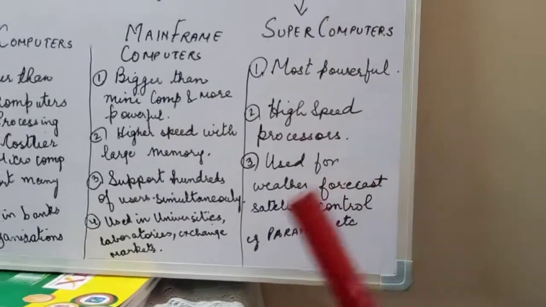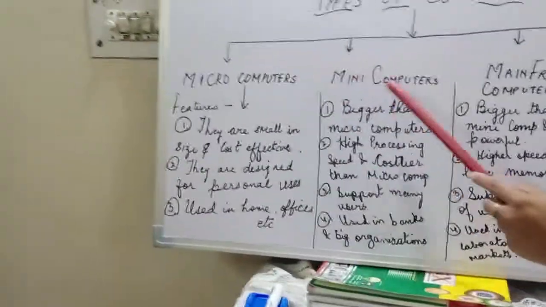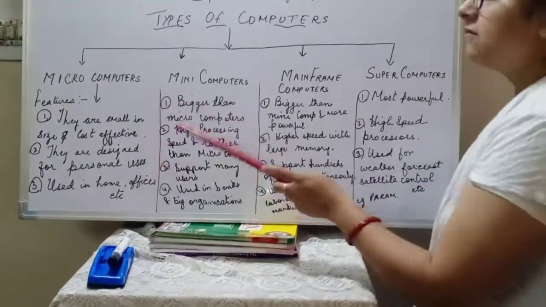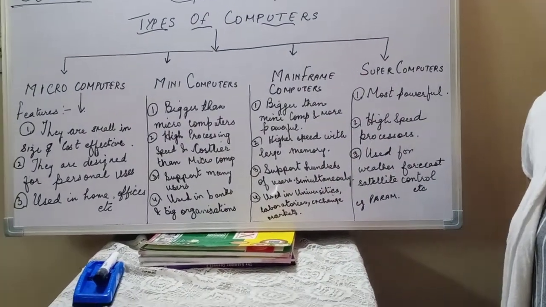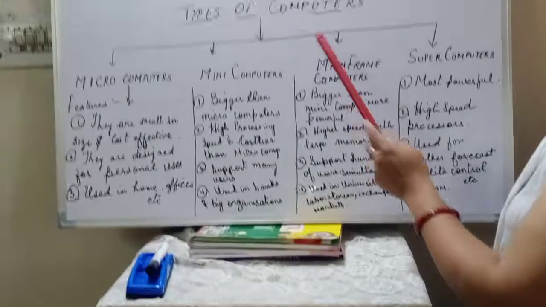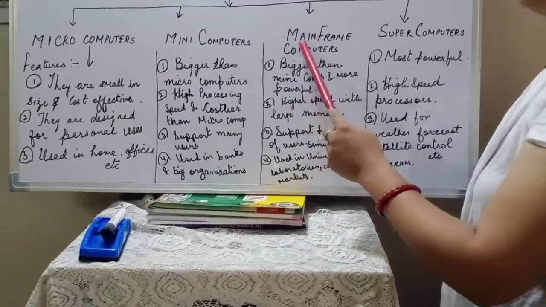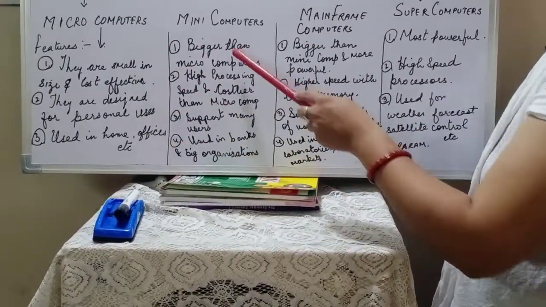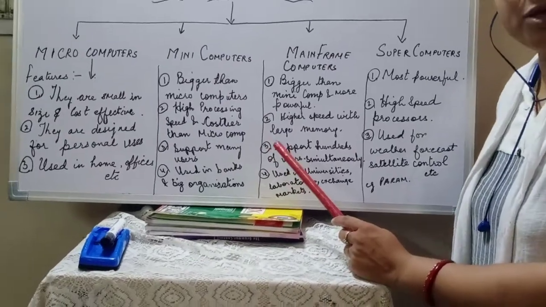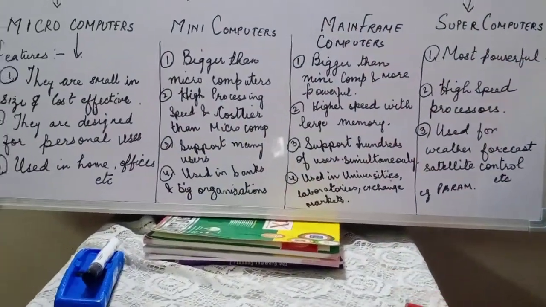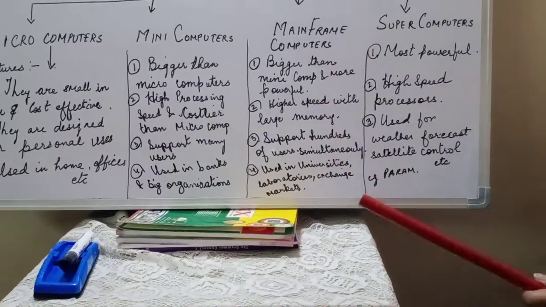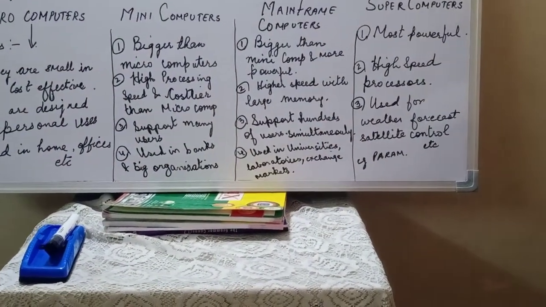Now what you need to remember in this is the 4 types of computers and their features. In your book it is given in a different way. I have just shortened the types of computers and I have given you the details of their features. So you can write them in your notebook as well as learn these features. This will be helpful to you rather than the book. Now when we talk about the book,